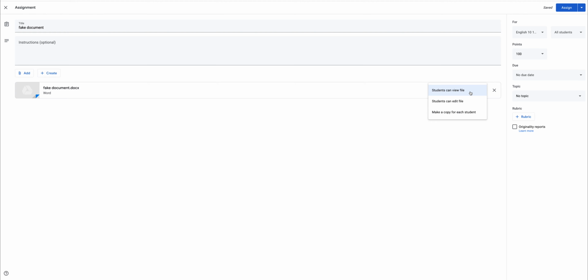Students can view the file, which means they won't be able to edit it or do anything with it. Students can edit file. If you choose this option, every student in your class will edit one file. And that can be a nightmare if you're not prepared for that. So your best bet is to say make a copy for each student. That means each student gets a copy of this to edit or to answer for themselves, and no one else